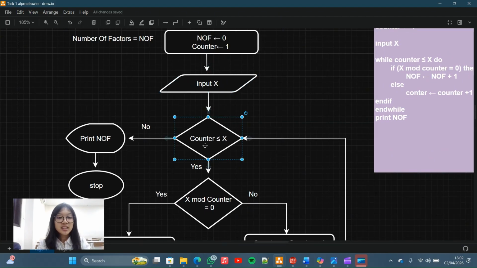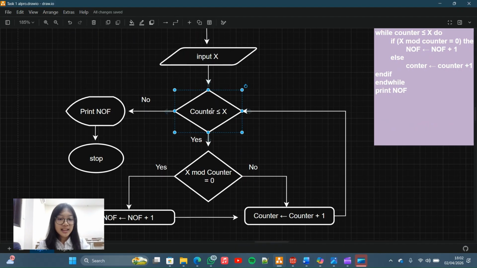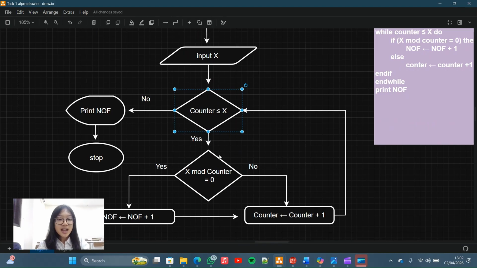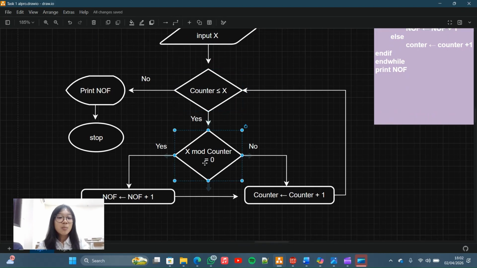This decision is: counter less than or equal to x? If yes, we ask: is x mod counter equal to 0?